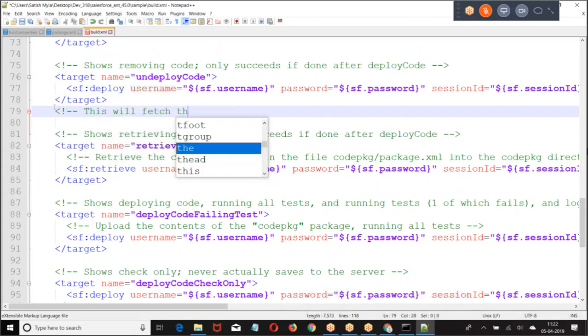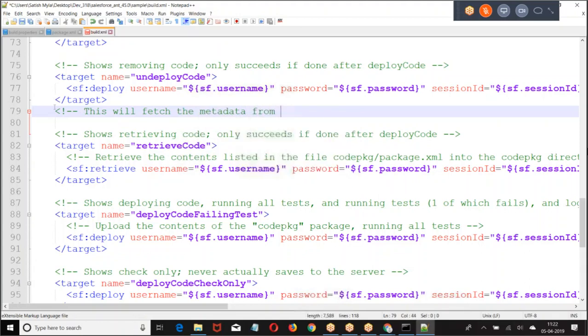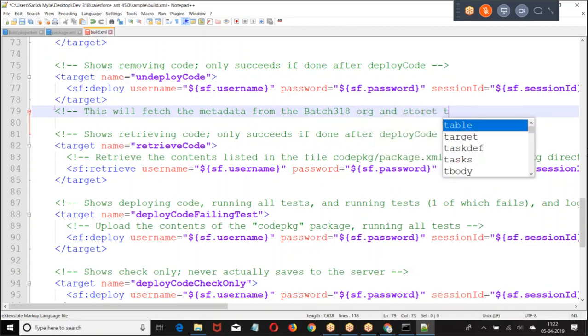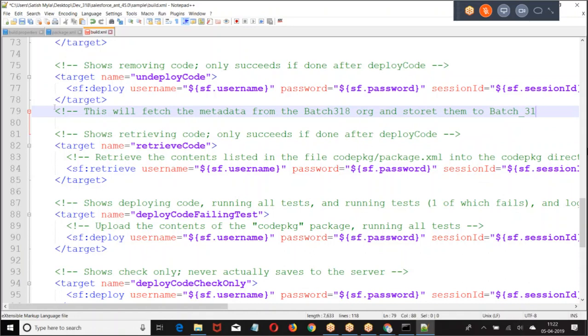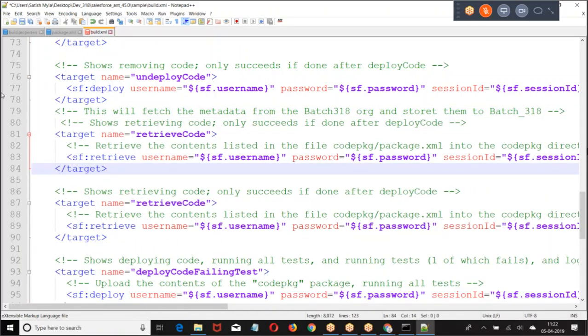This will fetch from the org. This is how we are getting.